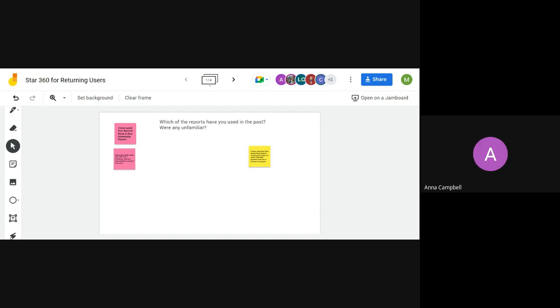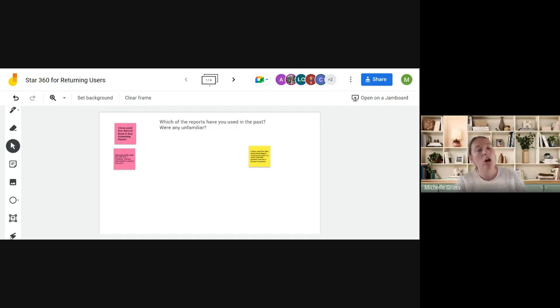Can I ask a question about the instructional planning? Yes, absolutely. Is there a report that groups students in a class by their deficit skills? So yes and no. There is if you happen to use Nearpod. If you do not, you can always create groups, Anna. You can manage your own groups of students and look at data for those specific students if you'd like.